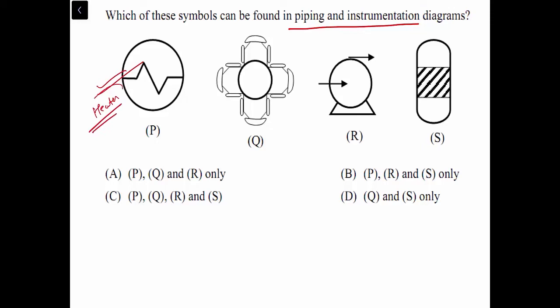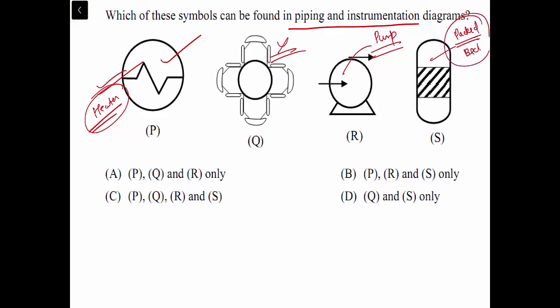It is a heater or heat exchanger, you can say, frequently used. If you have seen flow sheets of chemical technology subjects while studying, in GATE flow sheets are not asked, but if you have seen them, these are the most frequently used diagrams. So this is for heater. This Q1 you will never see in those flow sheets. This R will represent pump, and this S will represent packed bed.